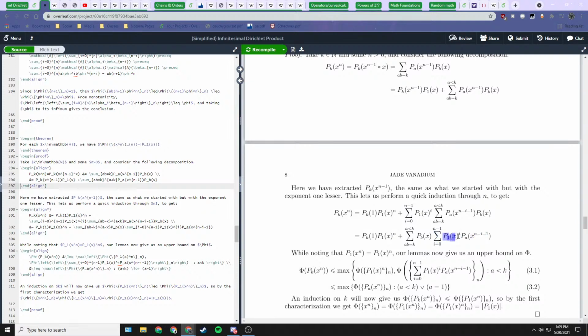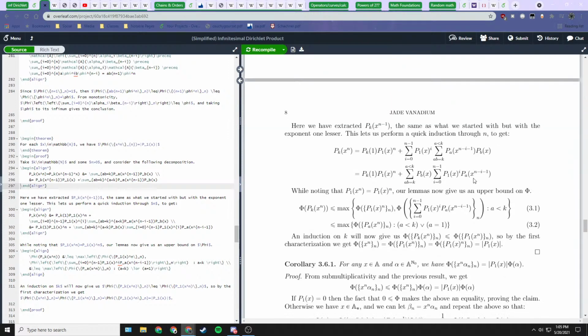We can think of this part as one series, indexed by i, which increases with i. And this second projection we can think of as some other series, which decreases with i. And their sum, if we add i plus n minus i minus 1, that's n minus 1, but that's exactly the top component here. So the phi value of this whole summation is just bounded by the maximum of these two things: whatever the phi value of this is and whatever the phi value of that is.